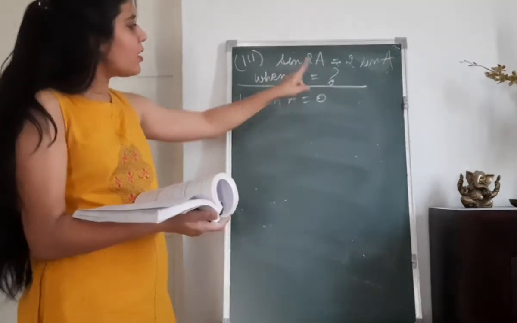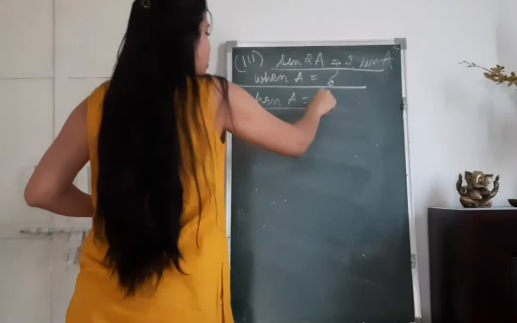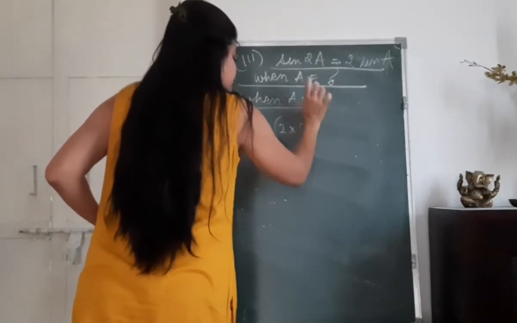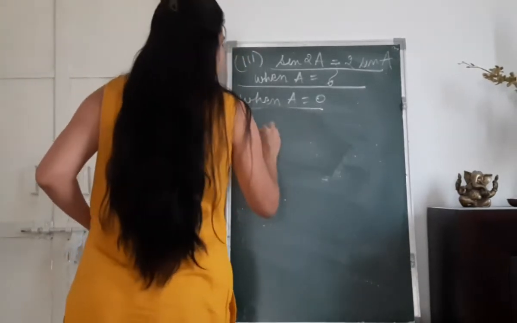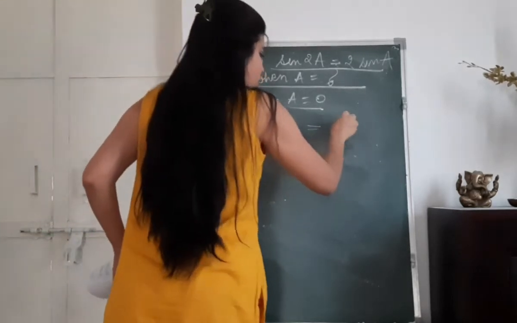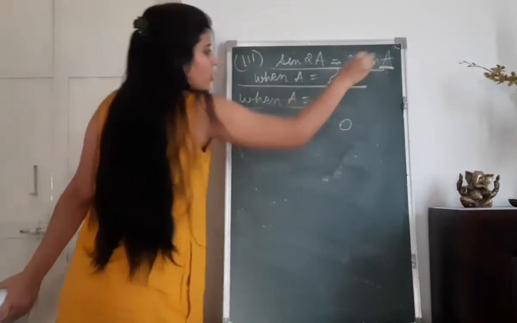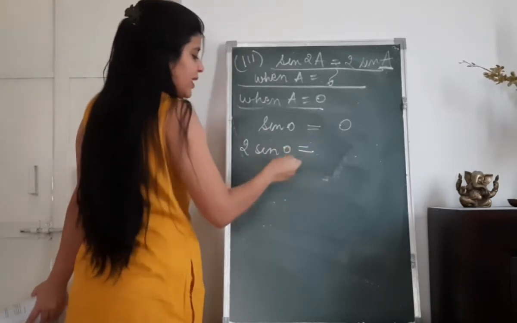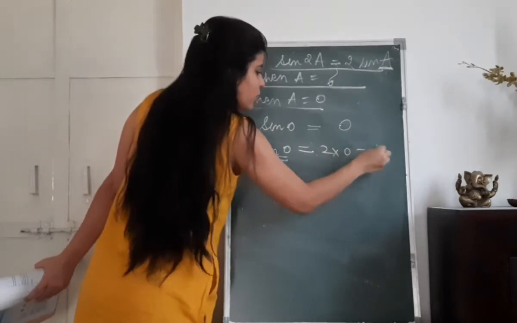So I am putting the first option in this equation, okay? When A is equal to 0, sin 2A becomes sin 2 into 0. That is sin 2 into 0 is what? Sin 0 only. And sin 0 is equal to 0. Now 2 sin A, here I have to put sin A, so 2 sin 0. What will this be equal to? Sin 0 is 0. So 2 into 0 is again going to be equal to 0.